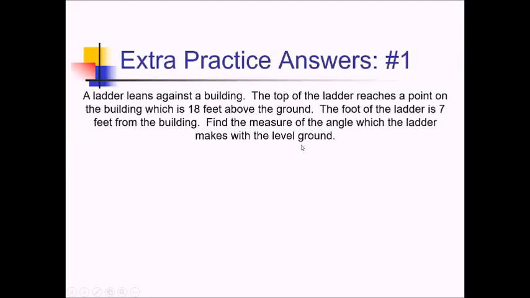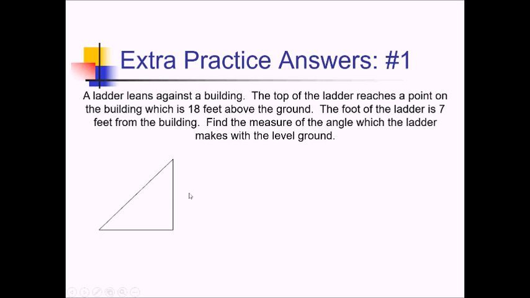On this problem, we have a ladder leaning against a building. Top of the ladder is 18 feet above the ground. Foot of the ladder is 7 feet from the building. We want the measure of the angle which the ladder makes with the ground level. Well, we have a ladder leaning up, and we want the ground level angle, so we have a right side